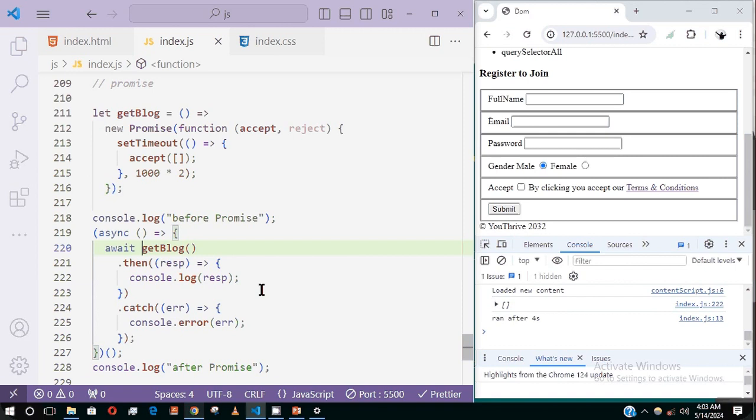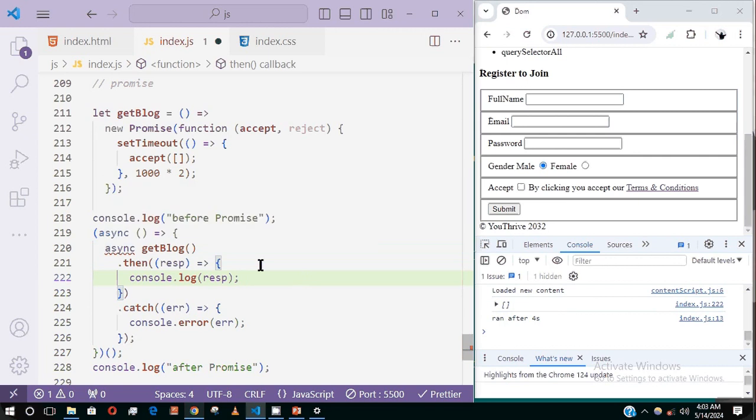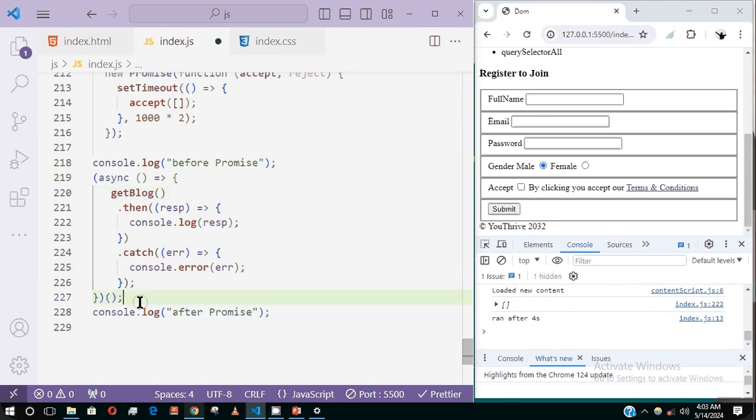No, it's not working. Async. Okay, so let's try the